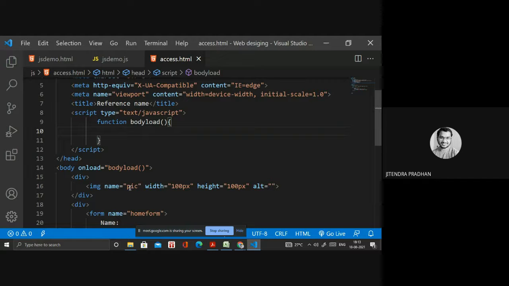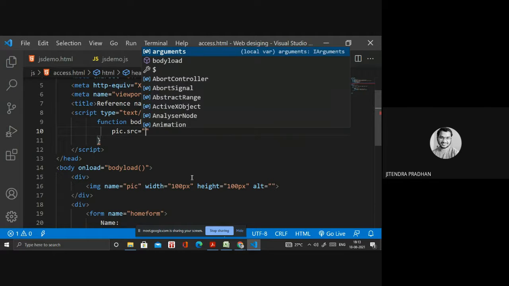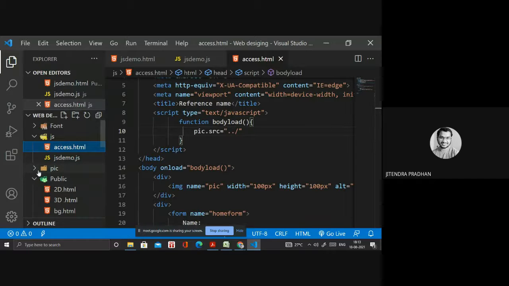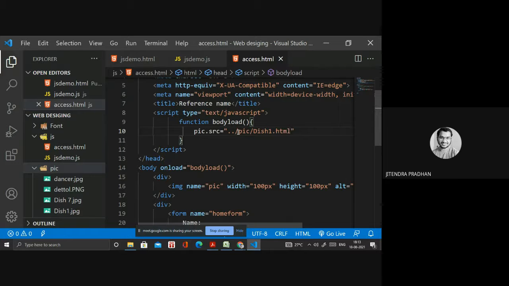So my reference name of the image is pic dot src, meaning source file. I need the dot class, like inside we have pic class. If you want any of the pictures, this one dot html. Okay, done. So let's see if it's working fine or not.